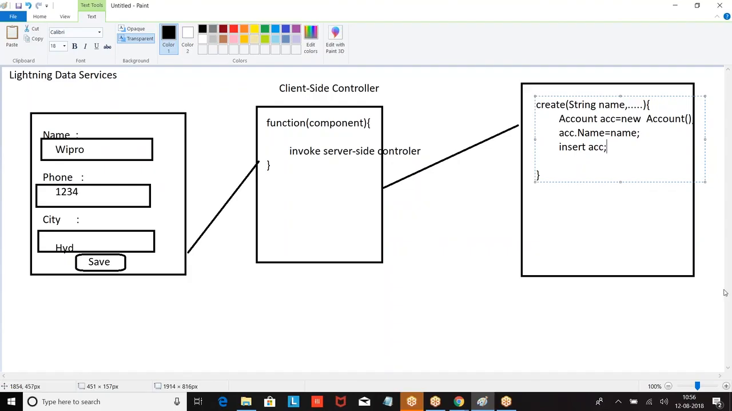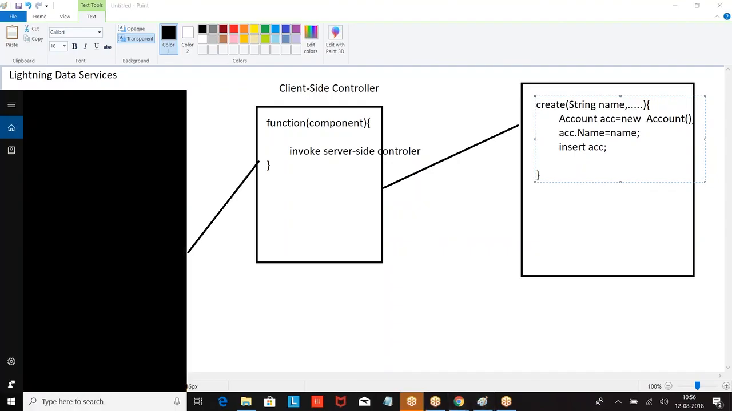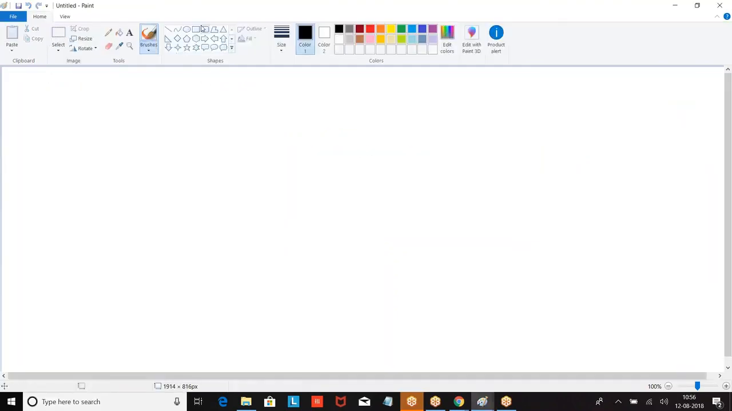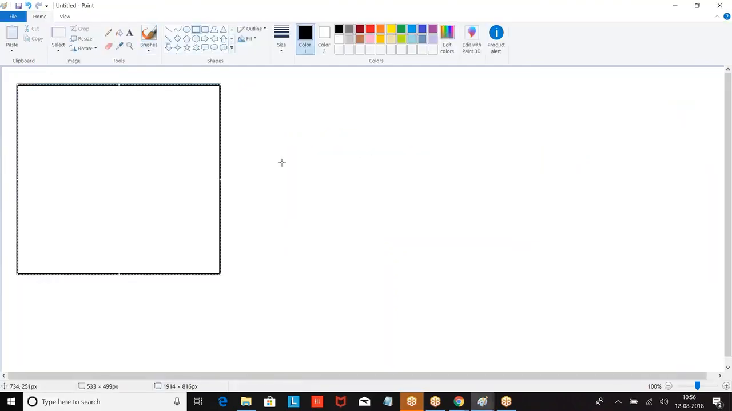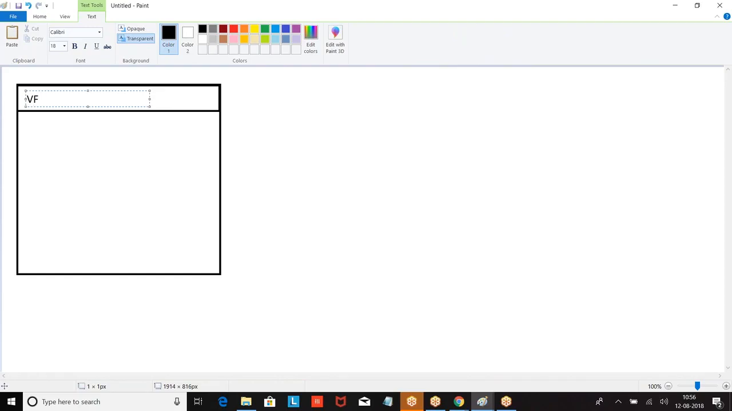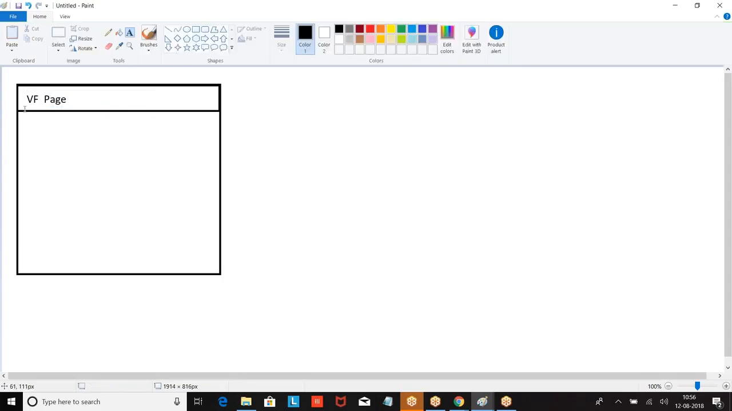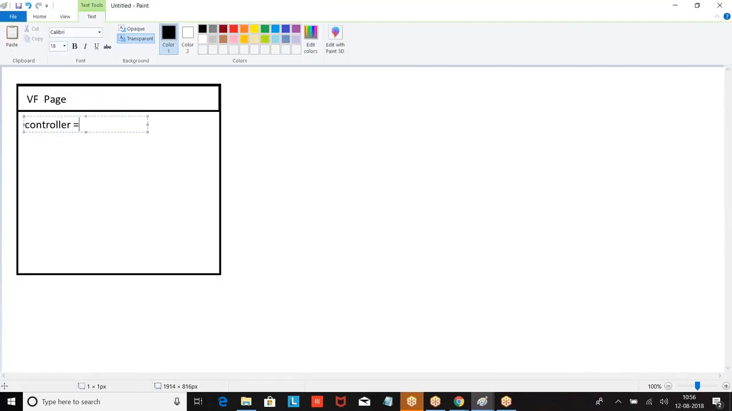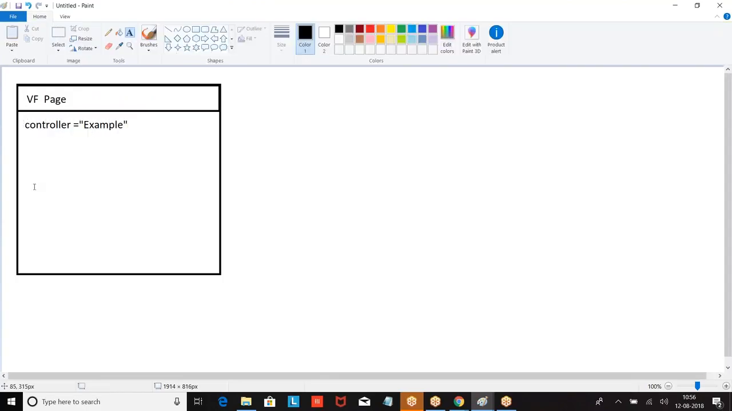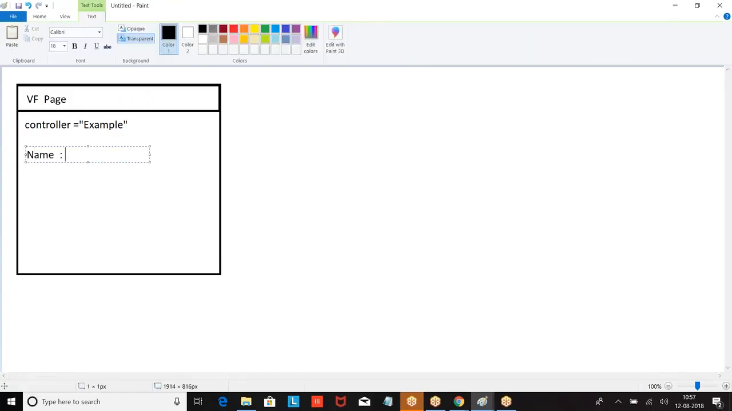It is just like what we are doing with Visual Force. Now look at this. We have a Visual Force page. I'm just trying to compare with the VF pages so that you understand the concept easily, and you know what needs to be replaced in the Lightning in place of Visual Force. So we have a VF page. Now I have given controller equal to example class, which means the name of the Apex class. So here I had name, phone,